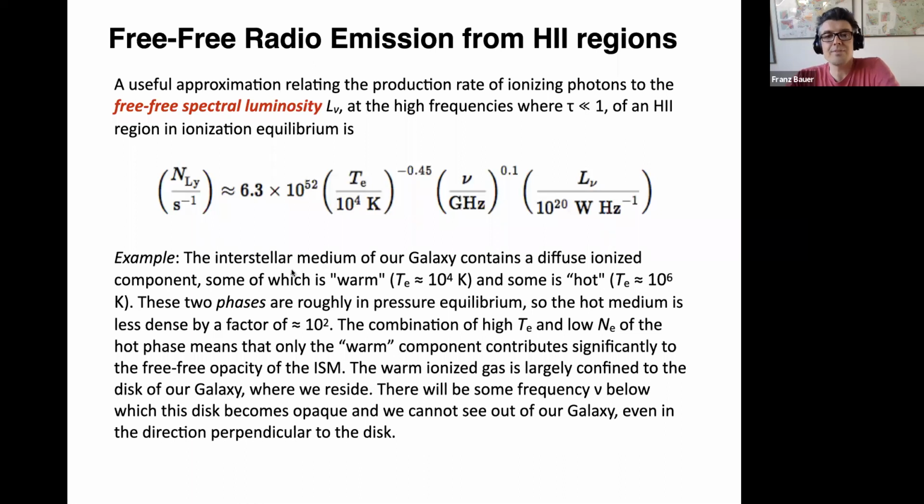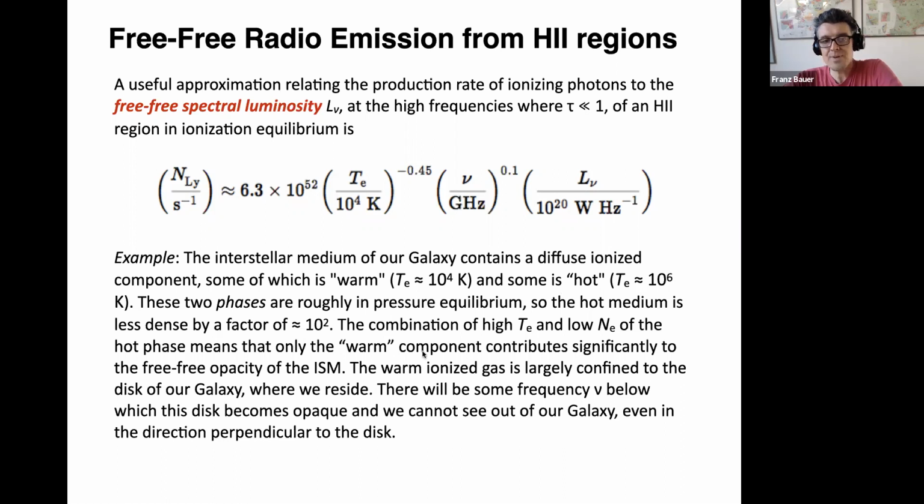So we have the ISM of the galaxy. There's a diffuse ionized component known as the warm component, which has a temperature of about 10 to the 4. And then there's also a hotter phase, which has temperature 10 to the 6. Typically in the ISM, these two are in pressure equilibrium. And so what this ends up meaning is that the hot medium is less dense by a factor of about 100. And so we could estimate what the emission is and how many photons we needed to power these two